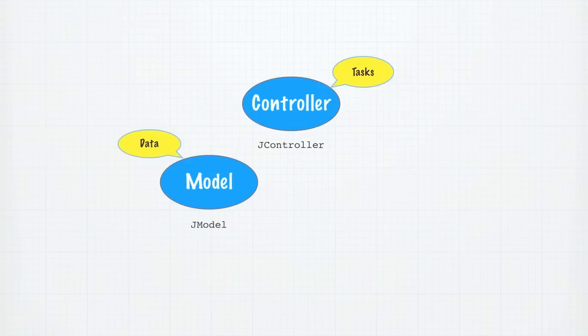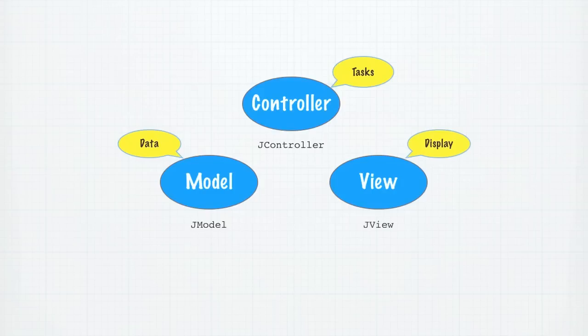The last piece we have is the view, and the view is concerned with displaying output, usually in a HTML format, but it could also be an XML feed or even a file to download. The base API class we use for views is called JView. The main point to note with views is they process the data they are given or ask for, and they can return the information to the user in multiple ways.